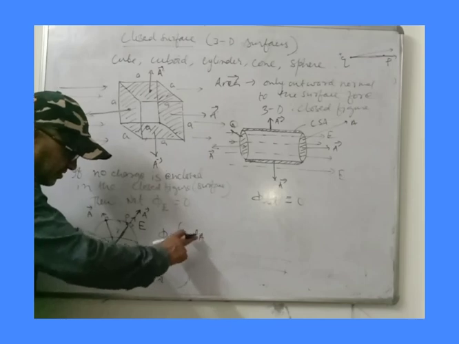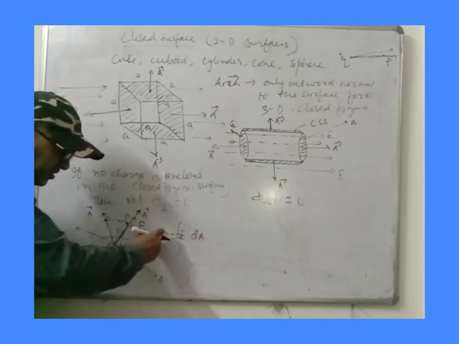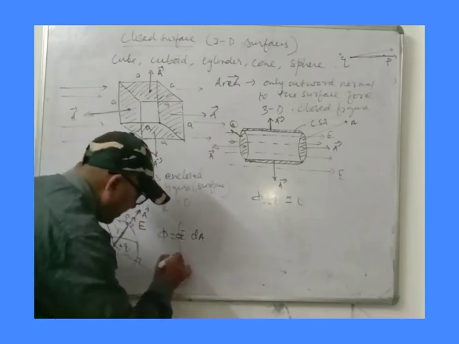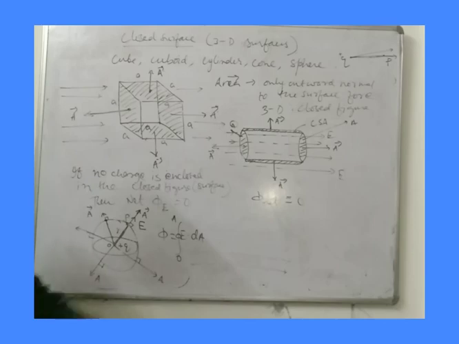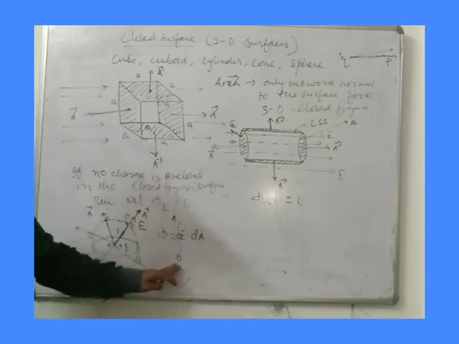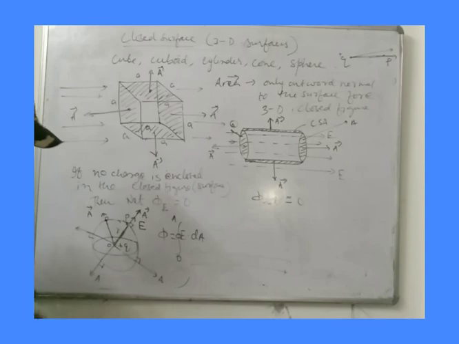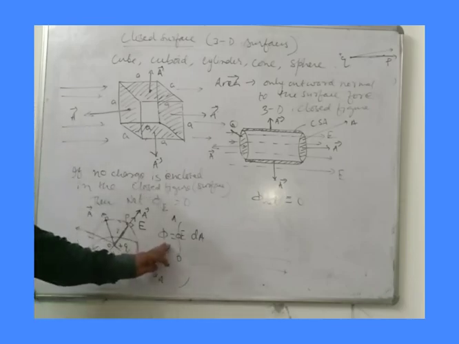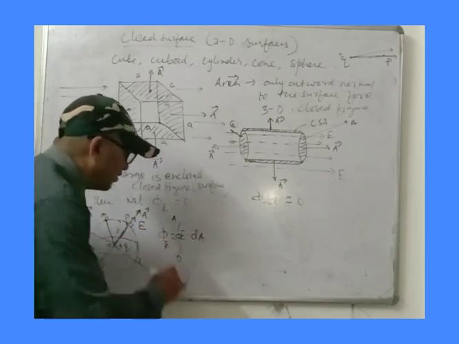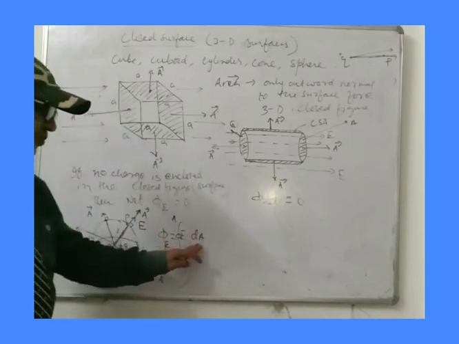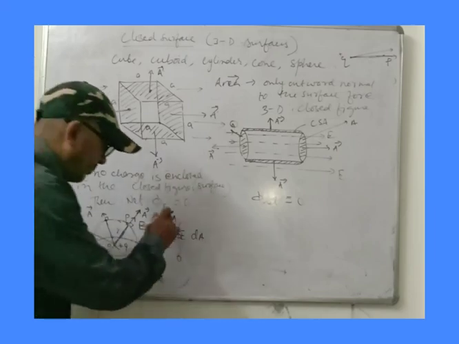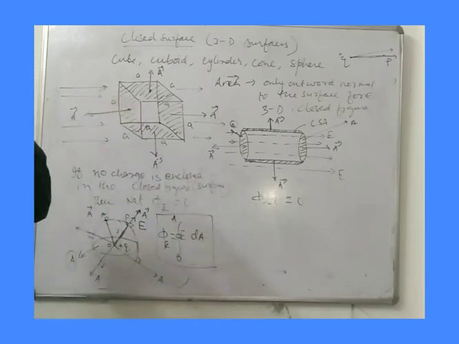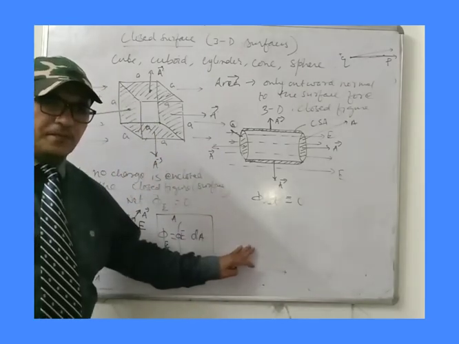This is the surface, a small surface. If you take integration, you can write S or A. You can write 0 to A also. You are integrating this dA for lower limit 0, upper limit A. Total area you need. You need to find the total area. So phi, electric flux, is equal to the surface integral of E dot dA. This is the genuine formula of flux, and it is used in Gauss law.